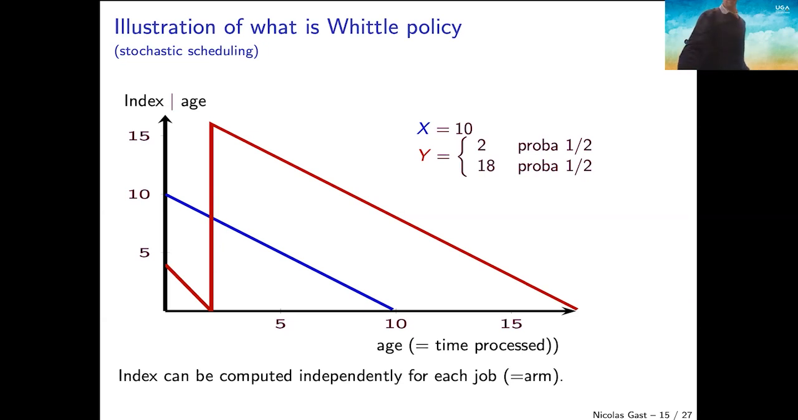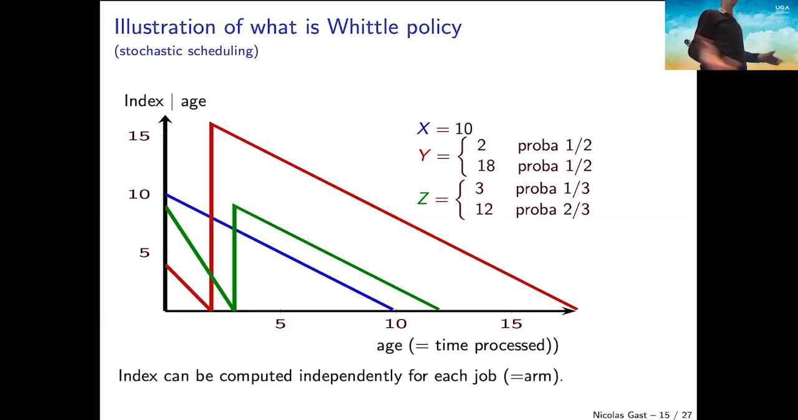Another thing, as I told you: if you have another job, the green job, which is 3 operating 1/3 and 12 operating 2/3, you can compute the same index curve, and it tells you that the index here will be 9. And so it again jumps to 9, something like this. And what you do here is that you start the red, it will move up here, then you start the green, it will move up here, then you move up here, and in fact the green is still smaller